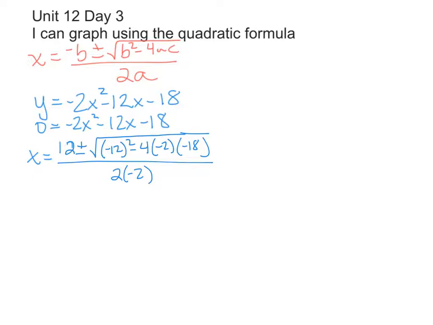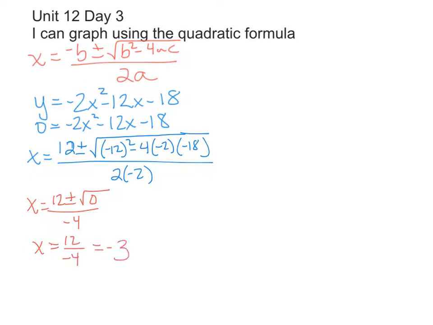Okay, I'm going to simplify this, and I've got x equals 12 plus or minus the square root of 0 over negative 4. That means this whole thing goes away. We've just got 12 over negative 4,